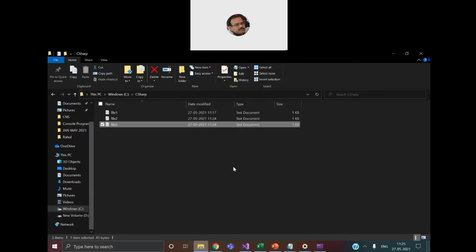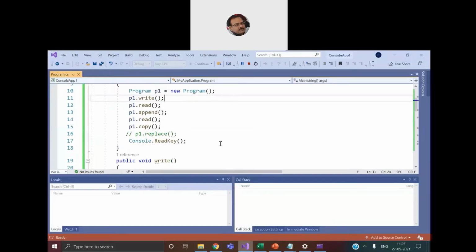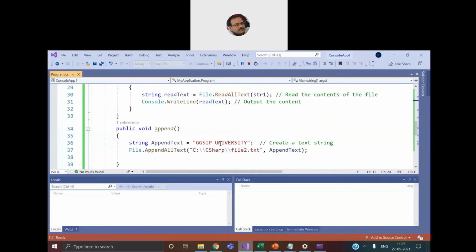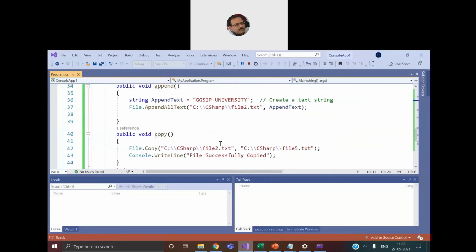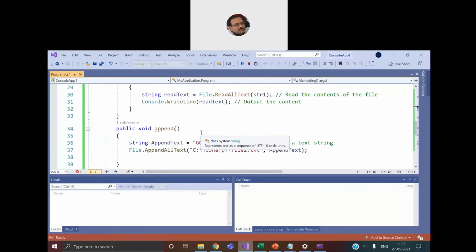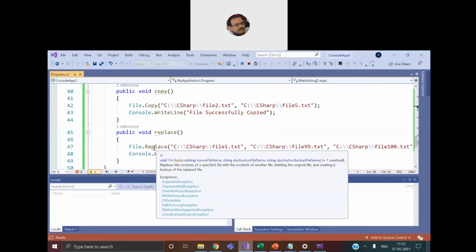Now, after having copied the content of the file, what if I want to replace the content of the file from one file to another file? For that, we have a ready-made function, Replace. Let's uncomment it right at the top so that it can be called by the CLR. And we come to the function called Replace. Now it says File.Replace.